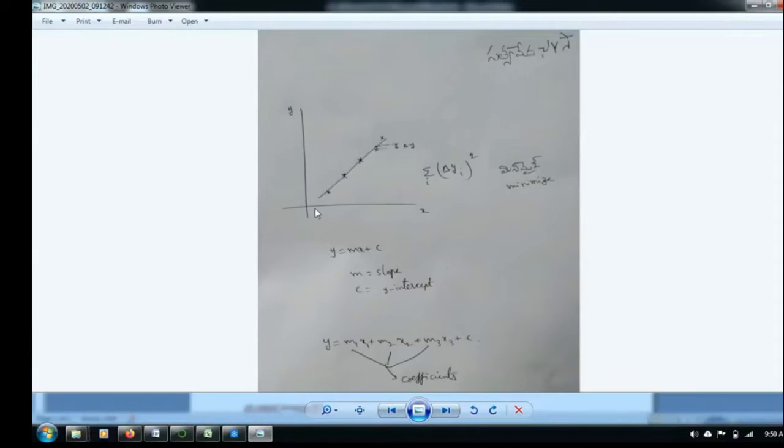Similarly, if you are trying to find, for example, somewhere in between these 2 points of x, for some value of x, what will be my y value? You are trying to predict somewhere in between. You can even think of it like interpolation, and the values you are trying to find beyond the given range of x, towards the complete right side or the complete left side, that is like extrapolation.